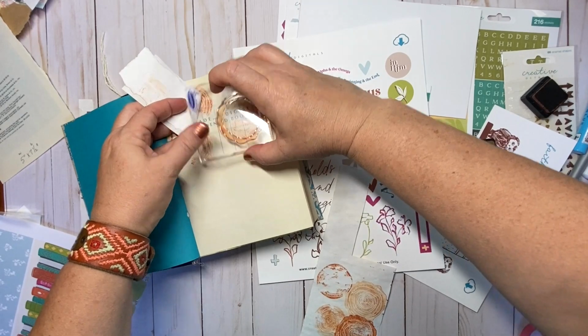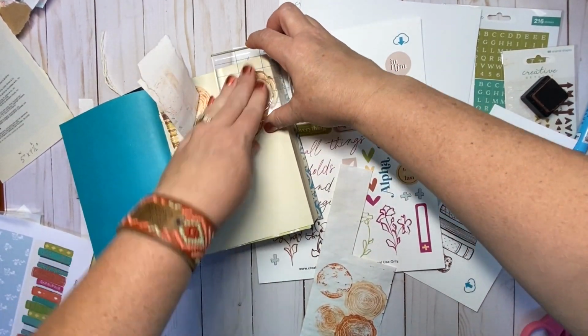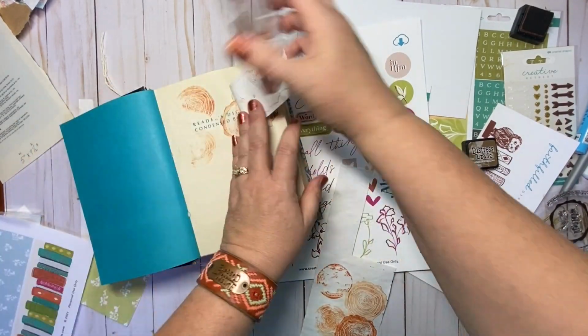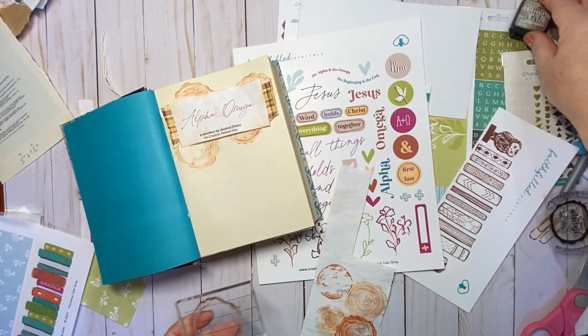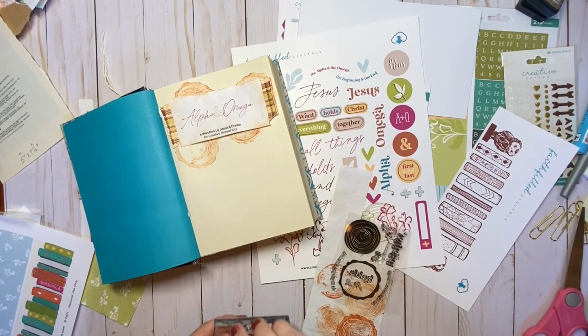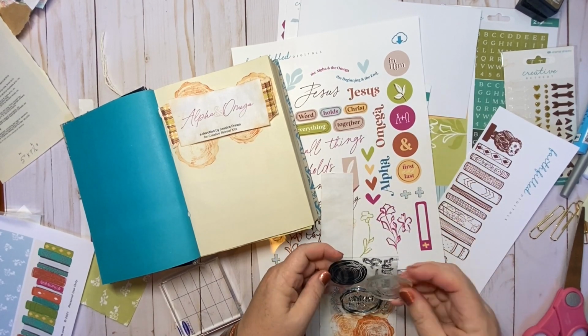So here I'm just putting that ring on and making sure it kind of lines up. And I'm doing it not necessarily perfect. It's just kind of a background piece. And I love that. See, I don't have a complete impression on that, but it's underneath my title. So I'm just wanting to build some pieces here. And I'm going in and looking at what stickers I want to use and what I want to create there